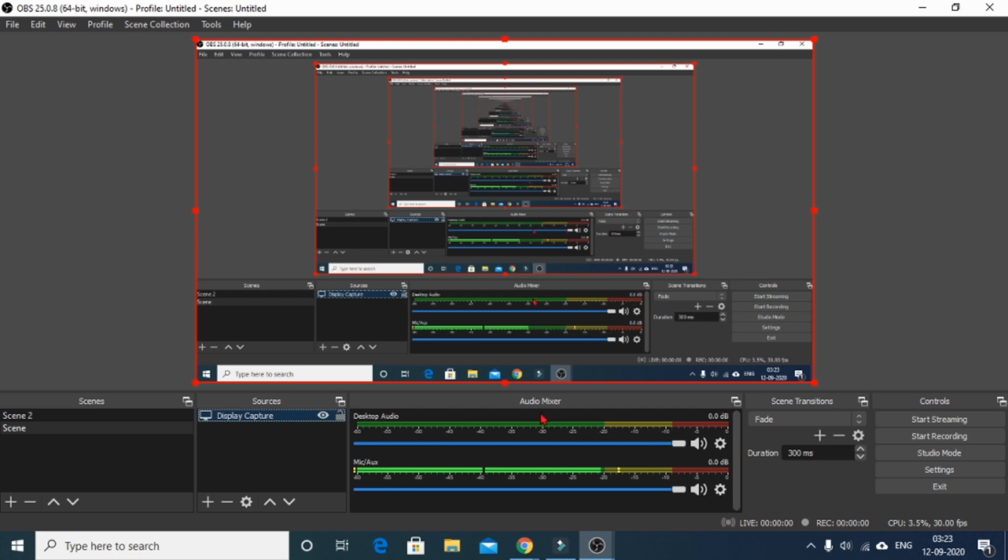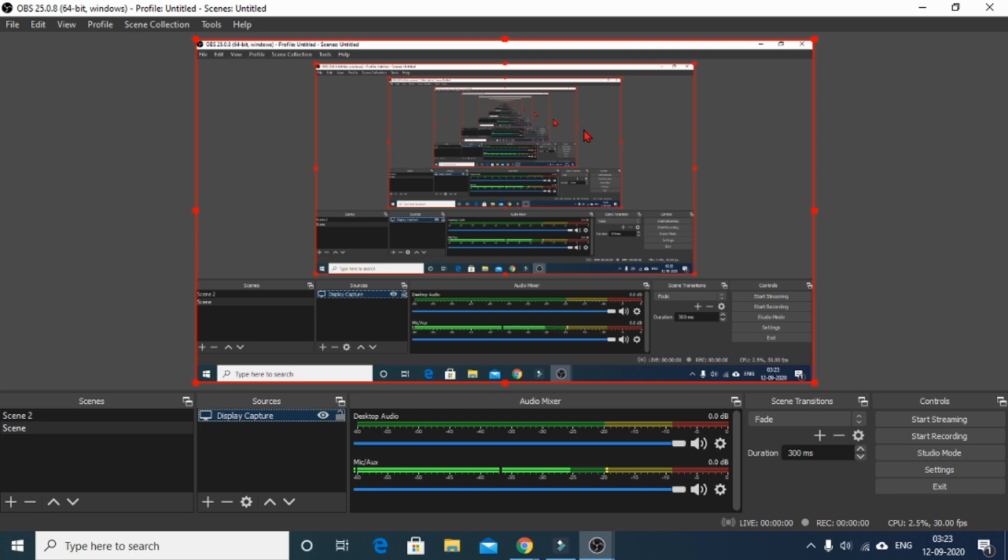Now you see that you have to ensure that you have this infinite screen image in front of you whenever you select the display capture option. And if it is not coming, that means your display capture option is not working properly.